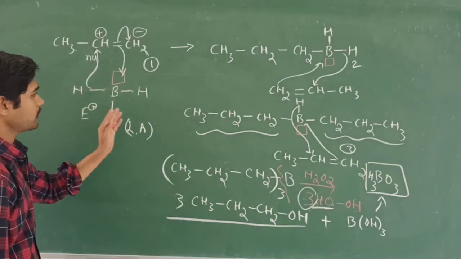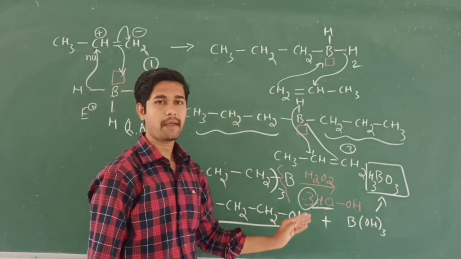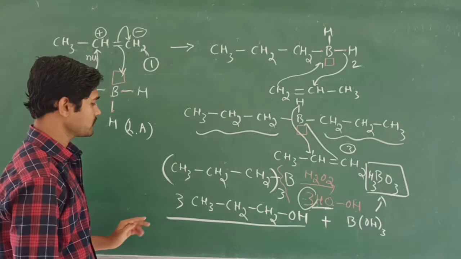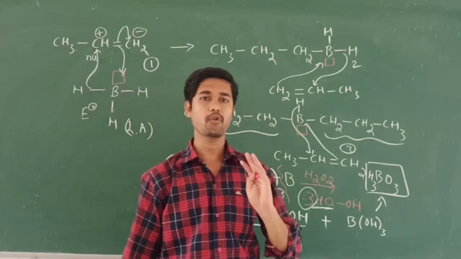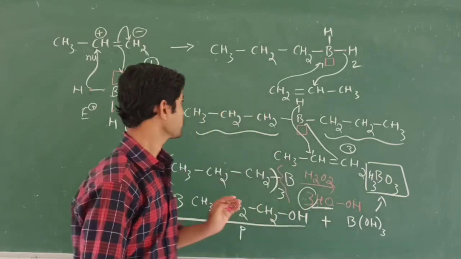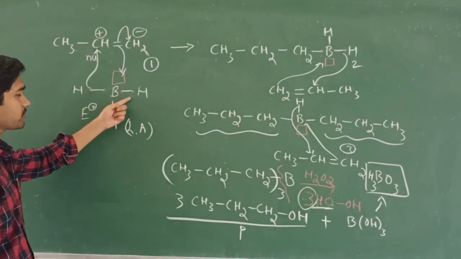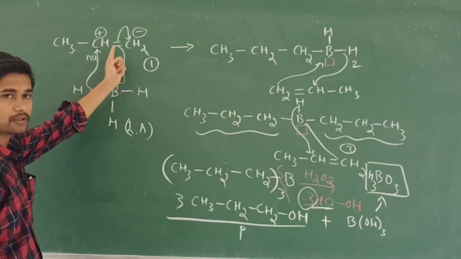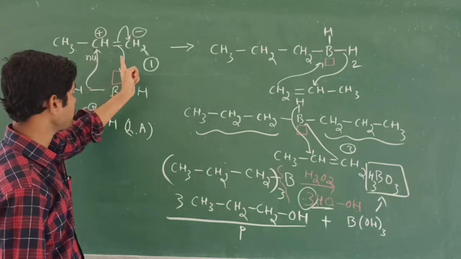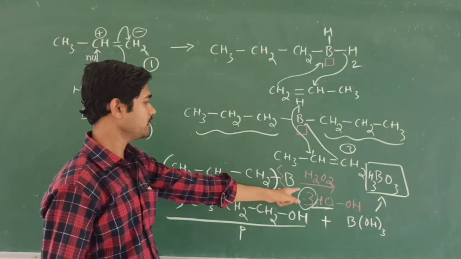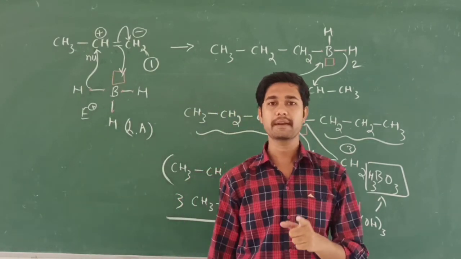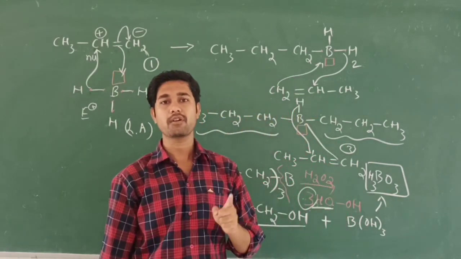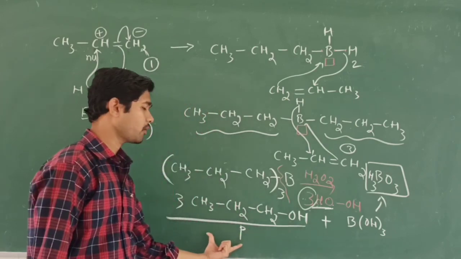So like this, we are going to obtain it. This is a very beautiful mechanism. You can understand this one. So we are going to obtain the product. This is called hydroboration oxidation. First, there will be hydroboration from the borane. The hydrogen which is given towards the alkene, that is an unsymmetrical alkene, and at the final stage hydrogen peroxide acts as oxidation, and also simultaneously indirect addition of water molecules will take place. We are going to obtain the product.